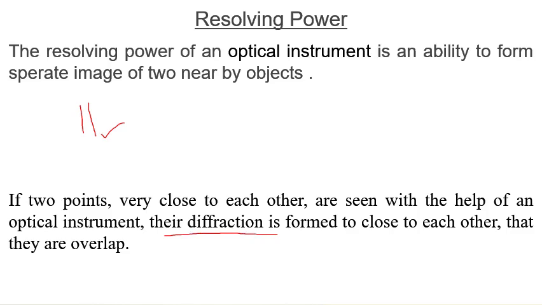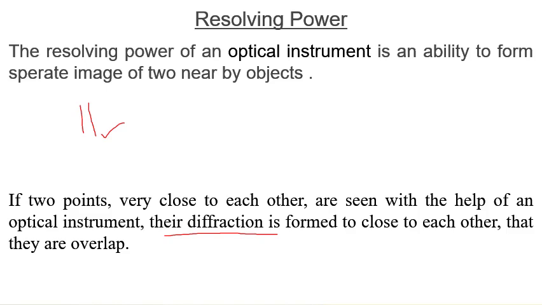Now what is this diffraction pattern? As you know, when light is incident on any obstacle, it bends from the sharp edges of the obstacle and enters into the geometrical shadow of that obstacle. That is known as diffraction. And what are the diffraction patterns? A single slit forms one diffraction pattern, and N slits form different types of diffraction patterns. We have already discussed these in our lectures, in which I taught you about single slit diffraction and N slit diffraction.